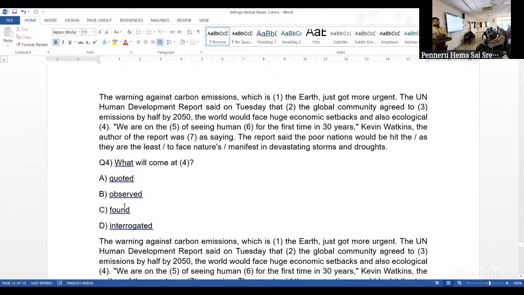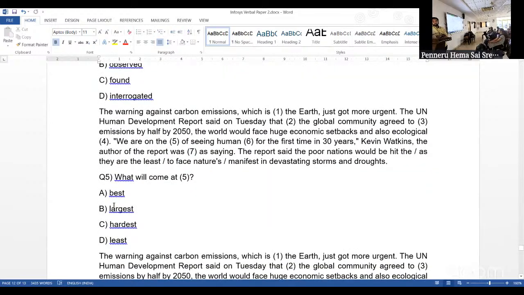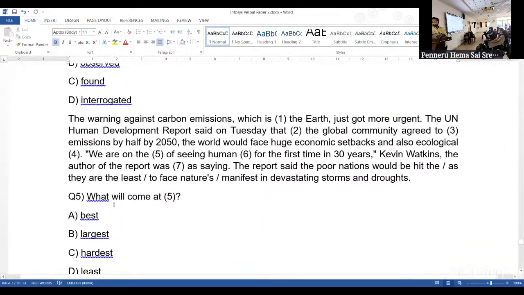Quoted or found, all these words come into the picture when somebody has done any research or somebody has proved something, then we can consider these options. But they are mentioning "world would face," so that is the reason we need to mention "observed." Next one,